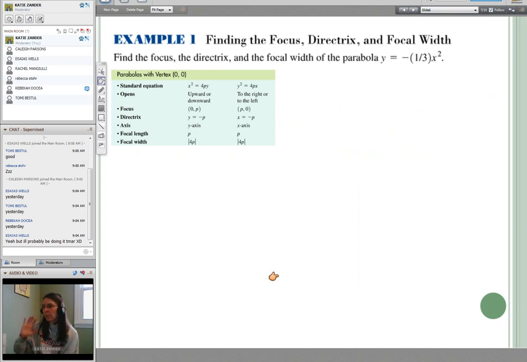All right, so let's actually put this all to use and create an equation. Or if we have the equation, can we pull information? That's what we're going to be looking at today, is going back and forth between the two. So this first example looks like they give us an equation and we have to pull the information from it. So it says find the focus, the directrix, and the focal width of the parabola whose equation is given right